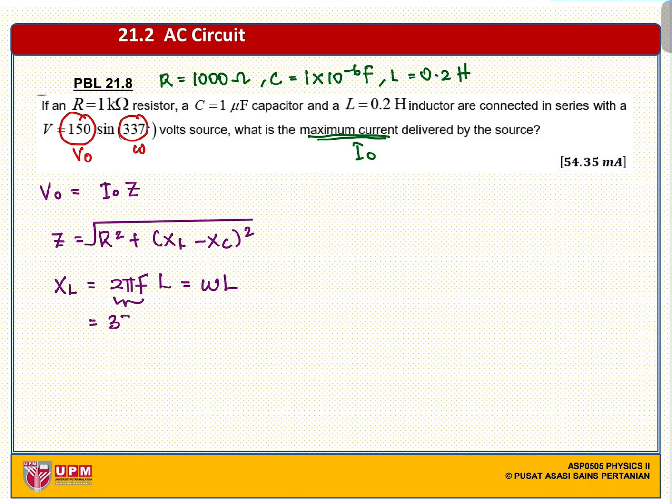So your omega is 377 and your L is 0.2. You will have 75.2